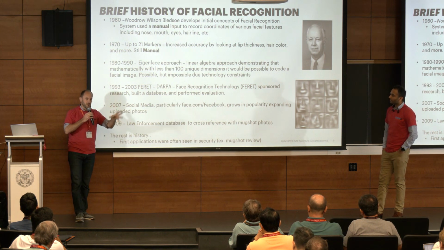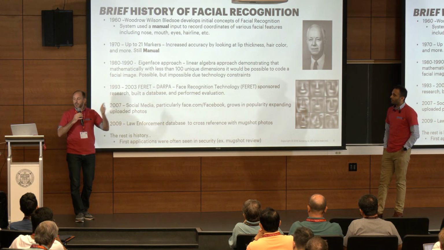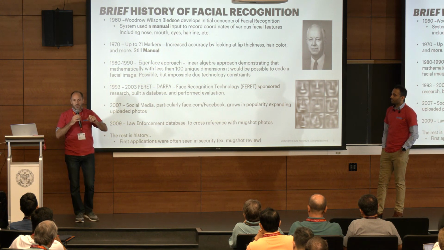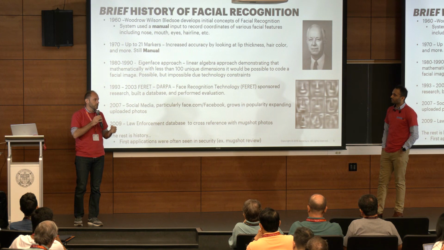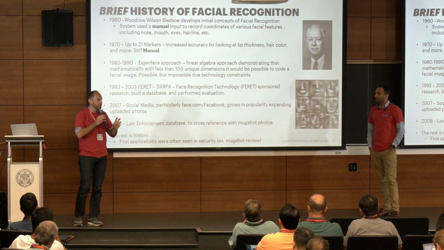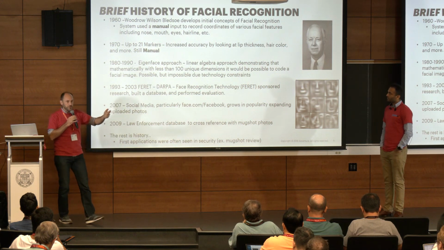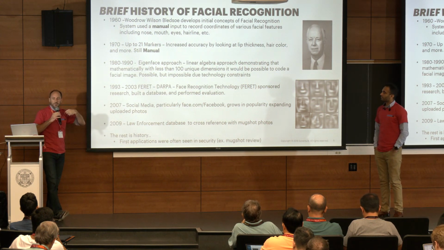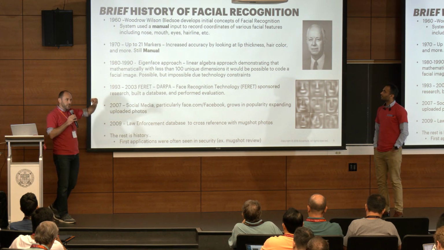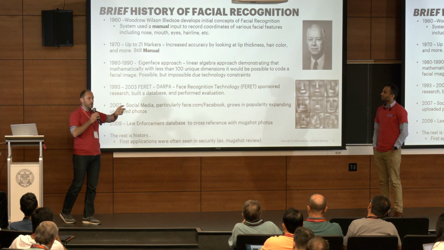Maybe that could be age or gender or things of that nature. Now, at this point, it was still very manual, and the number of markers or landmarks on the face were very shallow, just a few of them. But it was provable. So fast forward to the 70s, we had some more advances. Same thing, just a few markers, and now 21 markers.